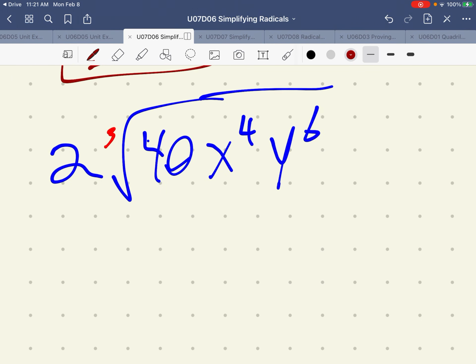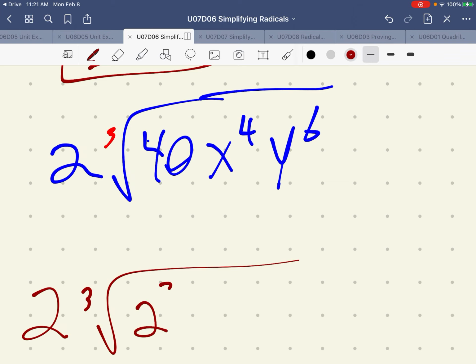The 2 in this case is a coefficient. It will just stay at the front of the example. So we don't need to worry about that for now. We don't have any negatives to take out either. We're going to factor 40 into 2 to the 3rd, which is 8 times 5,